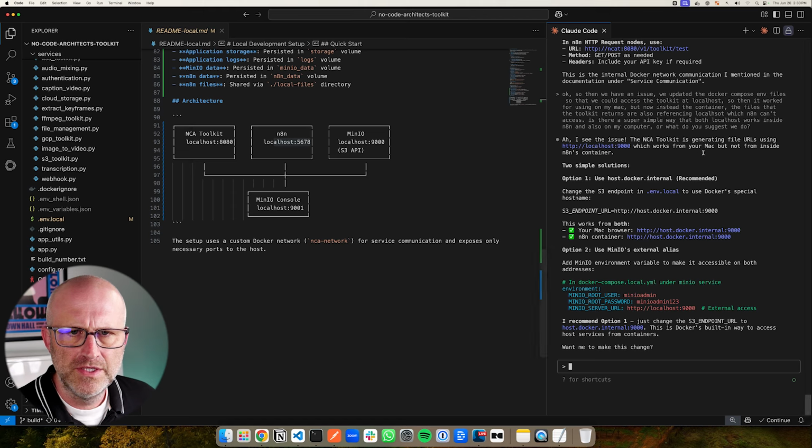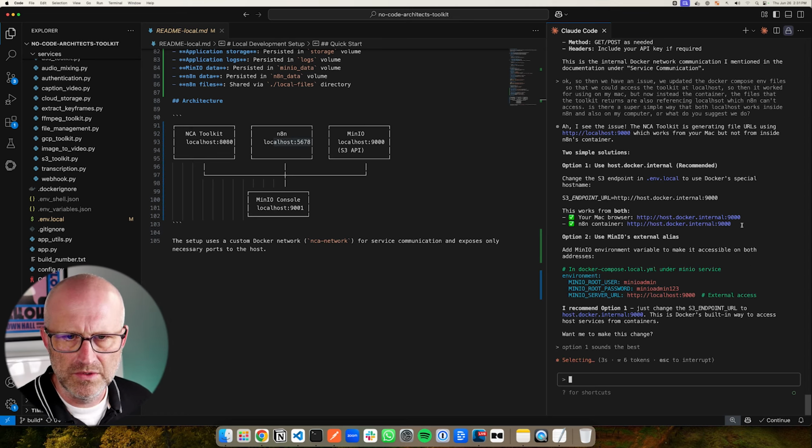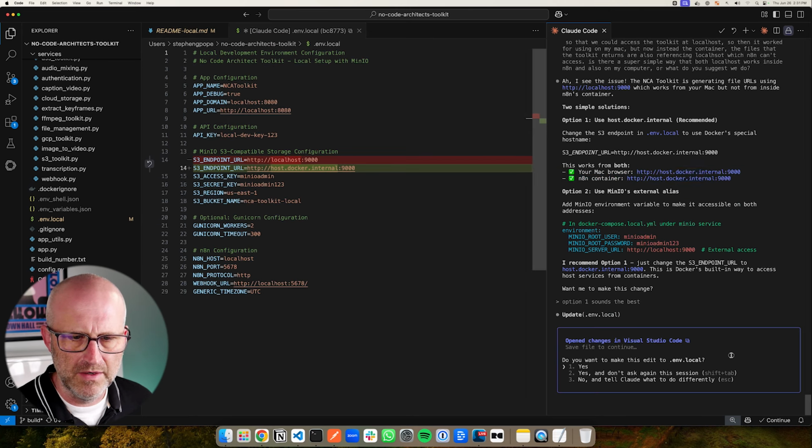So let's just figure out what the situation is and what our options are. So the NCA Toolkit is generating the files using localhost, which works for your Mac, but not inside the container. Two simple solutions. Option one, use host.docker.internal, recommended. Change the S3 endpoint in env to use Docker's special hostname. This works from both your Mac and the container. Interesting. Option two, use min.io's external alias. Okay, cool. Option one sounds the best. So it's going to allow us to use these URLs that work from the computer and also from inside the